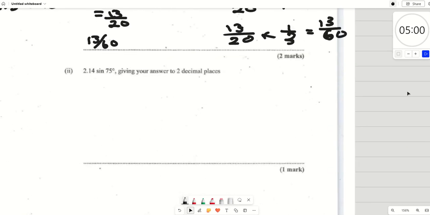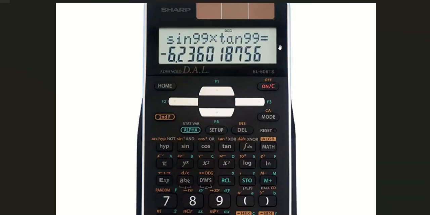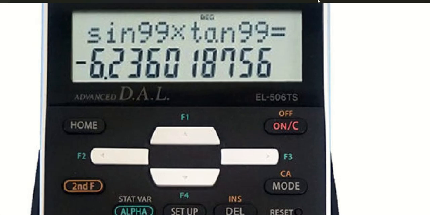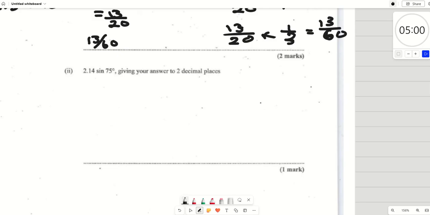Right, a question like this is what you would do in your calculator. However, when you're doing it on your calculator, you need to make sure that your calculator, let's use the Sharp calculator, and if we zoom up, you're going to see DEG. You need to make sure that your calculator is on DEG. If it is not, you're going to get a different answer. So you're going to put 2.14 sine 75, sorry, not 35, 75 is equal to, and this is the answer they gave you,